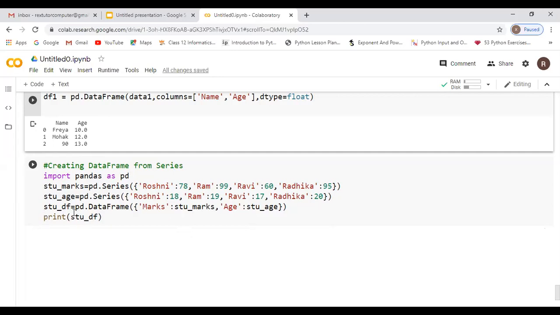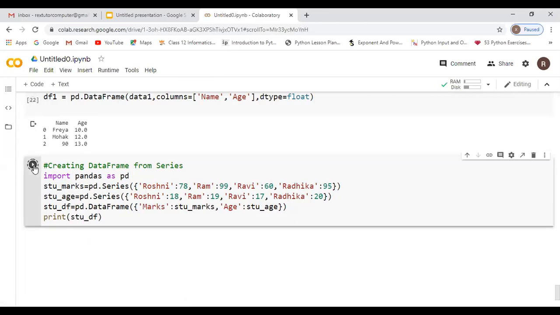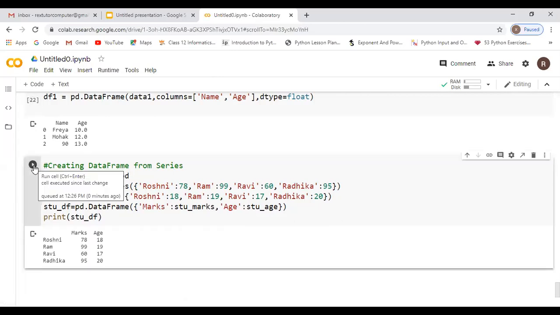Now see, stud df is equal to pd dot DataFrame of, my data is in stud marks. The marks heading I want to give stud marks, comma, the age I want to give stud age. Now I am giving print. When you execute this program, you will get output like this.